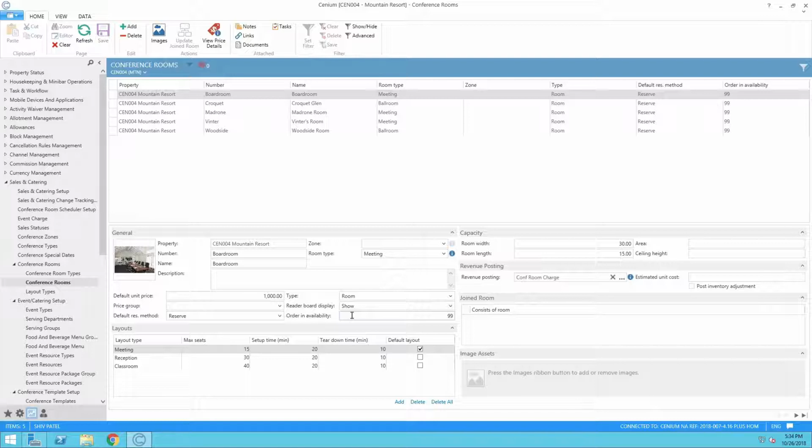Order and availability. Now, this can be set to 1, 2, 3, depending on which order you would like to show up on the BEO. However, we have them set to 99, so there is actually